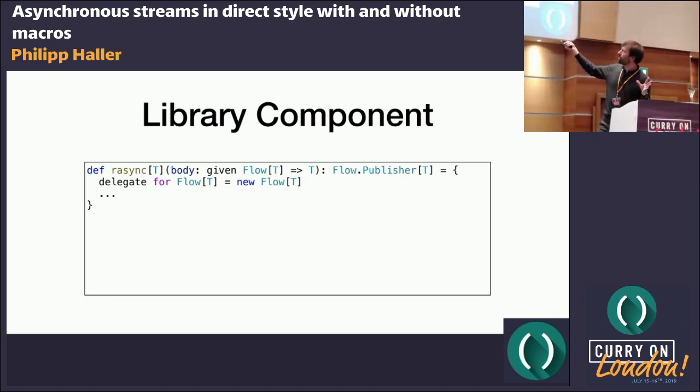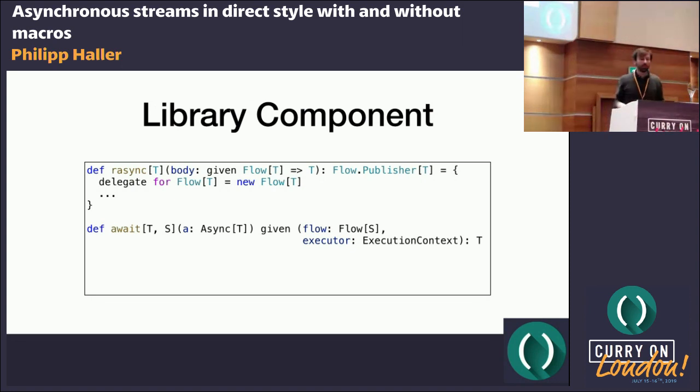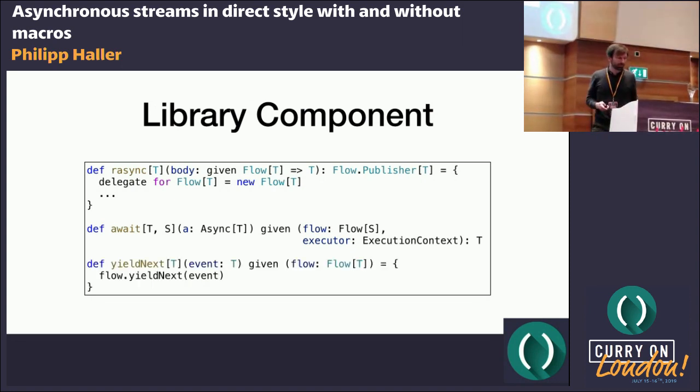But what we do here is introduce a so-called delegate for this type, and all it does is introduce this flow object in the lexical context as the implicit argument that should be passed to all the places where we need an implicit parameter. So this will be passed automatically into body, because that's a function that takes this implicit parameter, and body itself will then pass it on to all the yield next calls and so on.